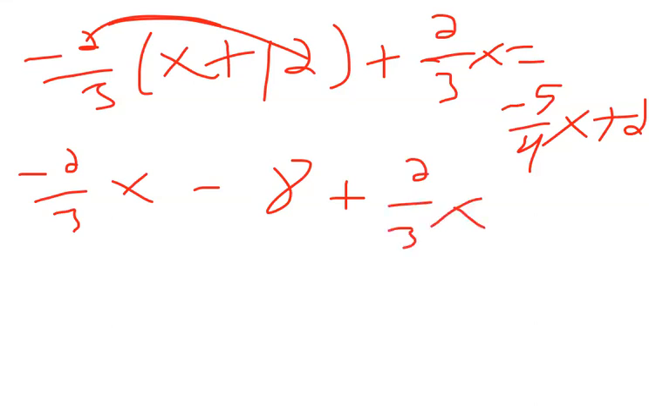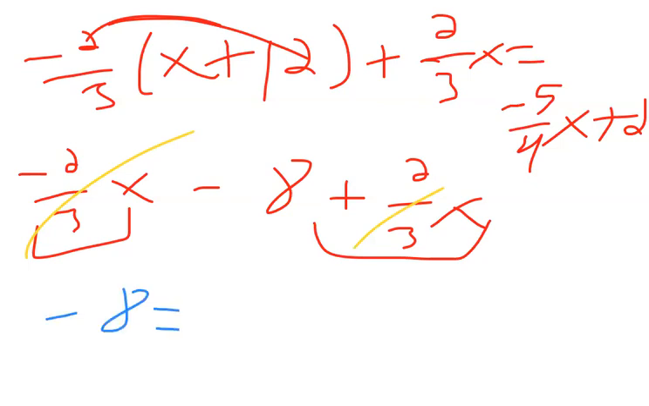Huh, interesting. Yeah, that's why you should always distribute, because now these things will cancel out on the left side. So it's actually just get rid of it. Why not? Negative 2/3 x, positive 2/3 x, get rid of it. So you're just left with a much simpler equation, I guess. Negative 8 equals negative 5/4 x plus 2. And now you can just